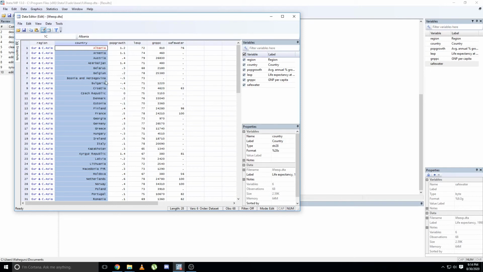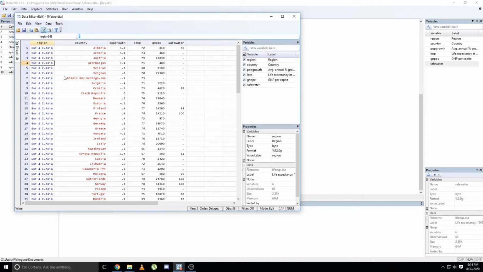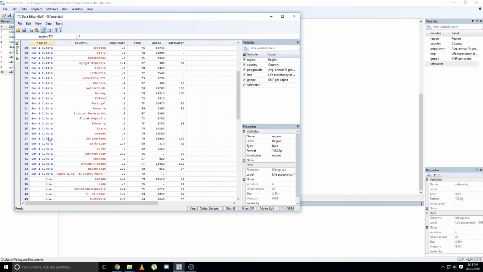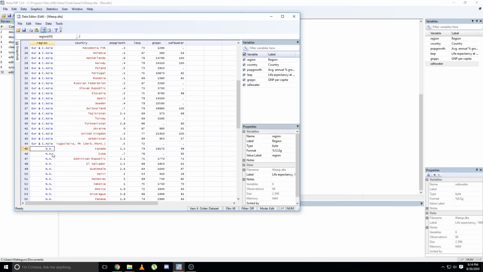Lastly, the blue color over here is interesting. Europe and Central Asia, that is what it says in text, but when you click on it, it says 1. If you scroll down to North America, it says 2.